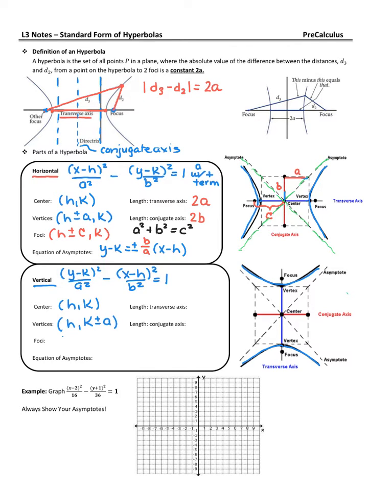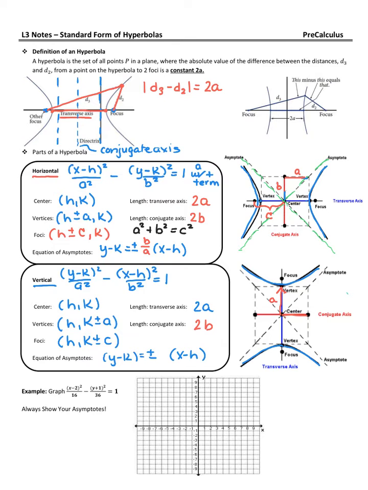Your foci will be (h, k plus or minus c). The length of the transverse axis is still 2a, because a is now going to go in this direction. And the length of your conjugate axis will be 2b, and that's now going to go off in the x direction. The equation of your asymptotes is still going to be y minus k equals plus or minus, and we'll have